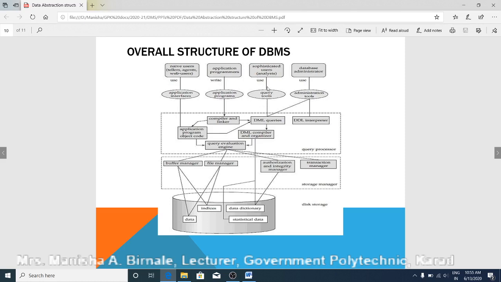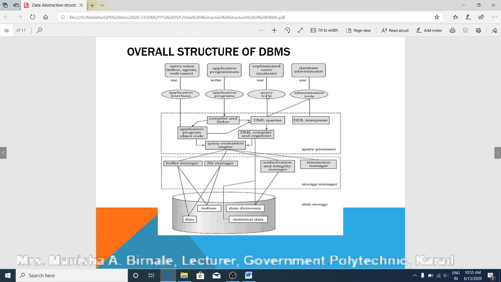That sophisticated user also interacts with the database, because that statistical data, the large amount of data, is stored on the hard disk. He interacts with the database with the help of query tools. He writes different complicated queries to find out some important information. Why is this analysis required? By using the last 5 years of admission data, he will find out which branch is the most famous among all the students, so that when a new college is being started, that branch will be started in that college. So some statistical analysis will be done by this user.